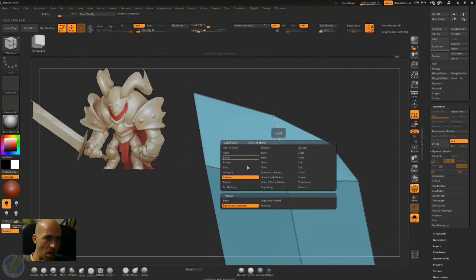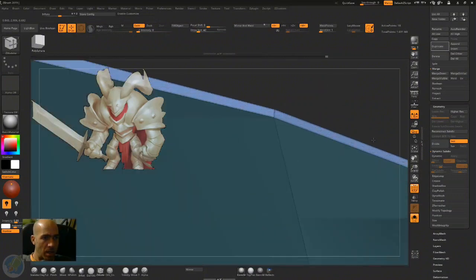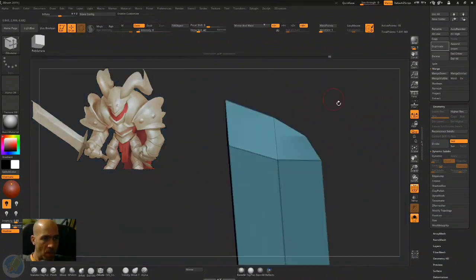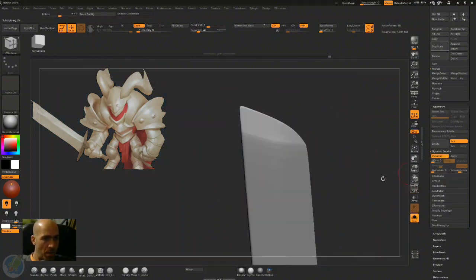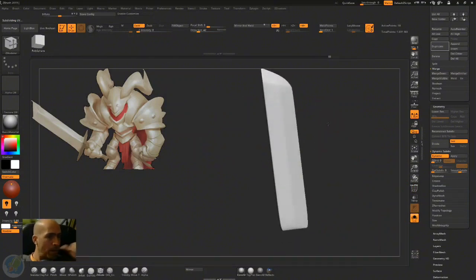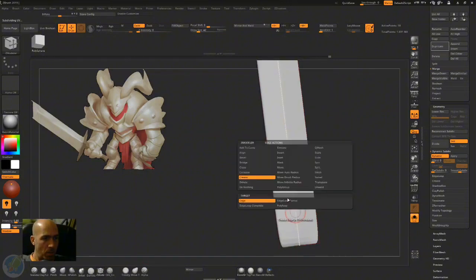This one I don't want, so I will go crease edge, not edge loop complete, edge, and then alt click this, and I will zoom in and alt click this. Let's see if we were able to do it. I think we kinda were able to do it, but we need more polygons here,